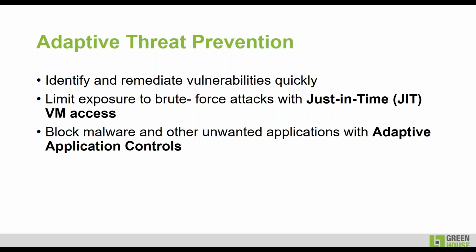Any critical resource, any critical virtual machine in your environment hosting sensitive data should have just-in-time VM access configured on it. Through this, you can say that RDP is open to this VM only for the duration of the next 2 hours. After that, it will automatically go back to being blocked. Adaptive application controls is through which you can detect what applications are running on your virtual machines, and then you can block unwanted applications. You can whitelist the applications that you deem should be allowed in your environment.